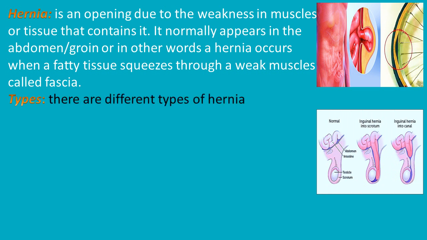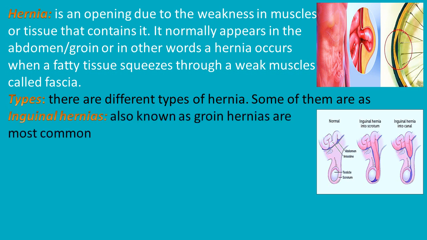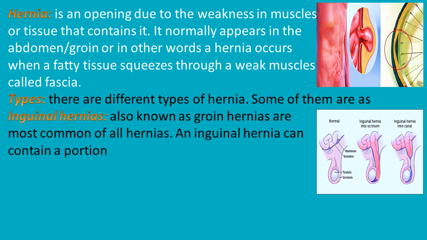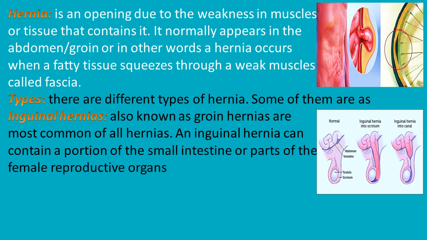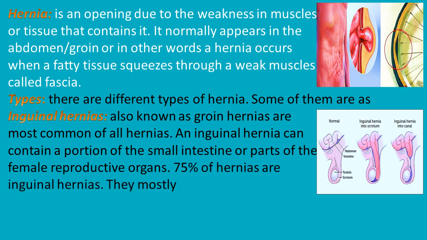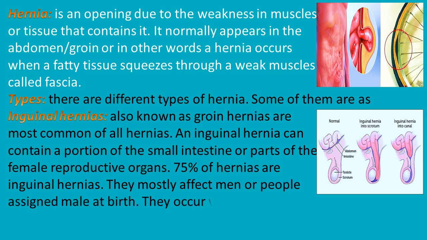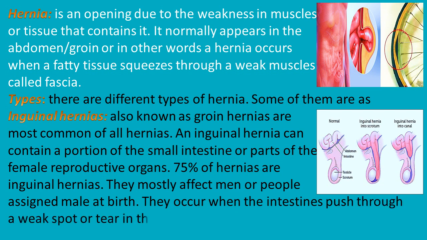Some of them are as follows. Inguinal hernias, also known as groin hernias, are the most common of all hernias. An inguinal hernia can contain a portion of the small intestine or parts of the female reproductive organs. 75% of hernias are inguinal hernias. They mostly affect men or people assigned male at birth. They occur when the intestines push through a weak spot or tear in the lower abdominal wall, often in the